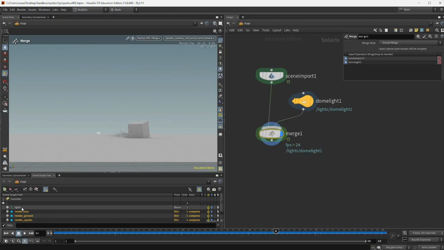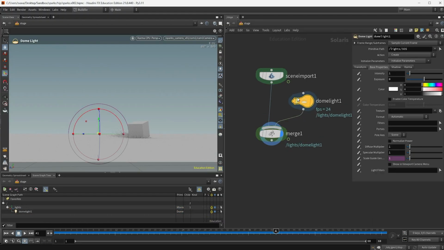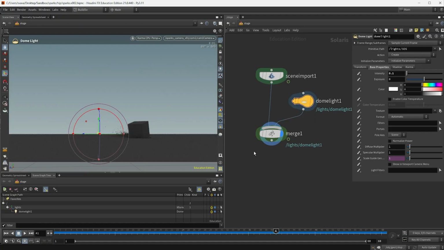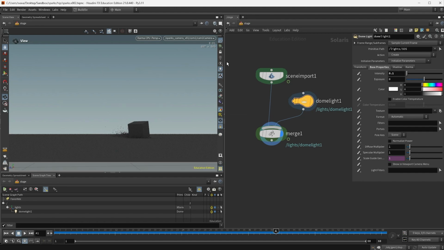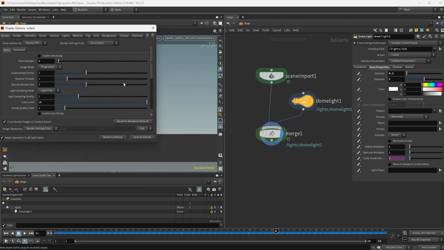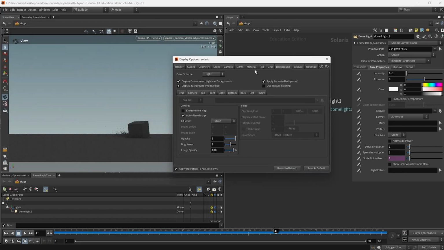So now we got the light inside of here as well, dome light. I just want a little bit of light. So I'm going to reduce this. I'm going to go out of this transform and then I'm going to hide the light geometry. I'm going to turn off the grid. And then I'm going to open the display options and I just want to put the background to dark.